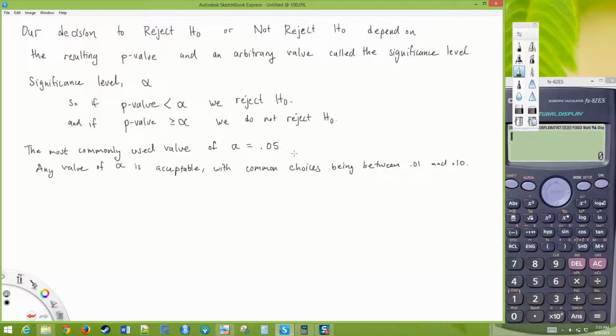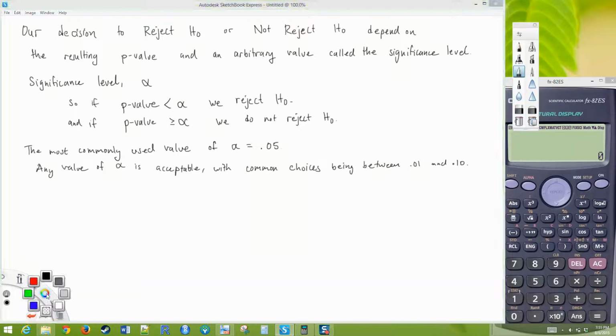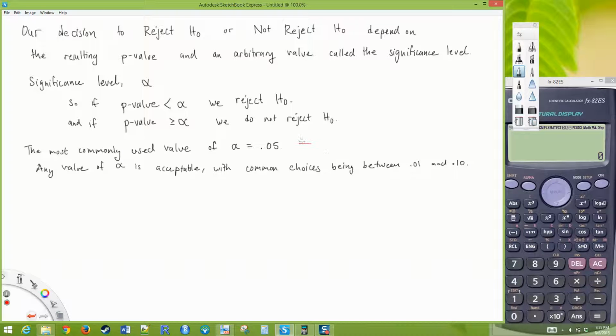Okay, so this is the default value. Okay, and so our significance level alpha also